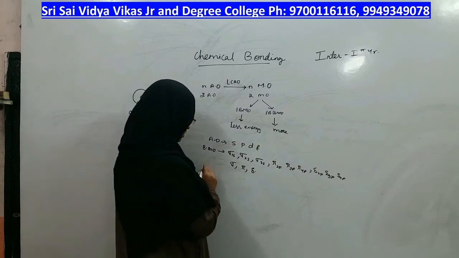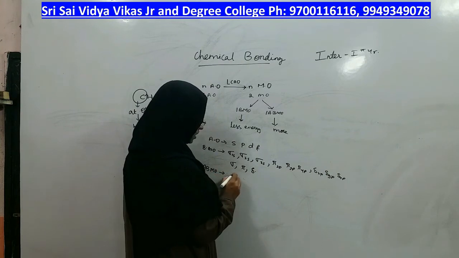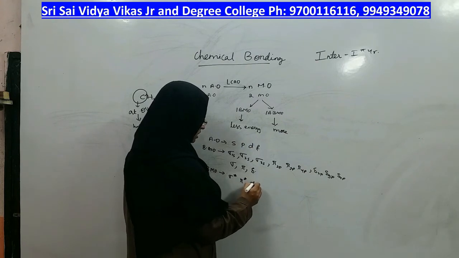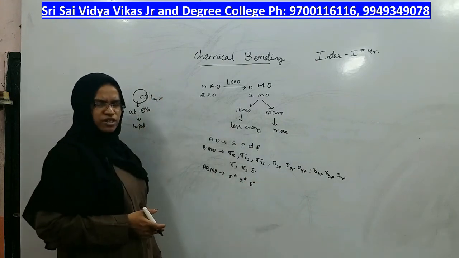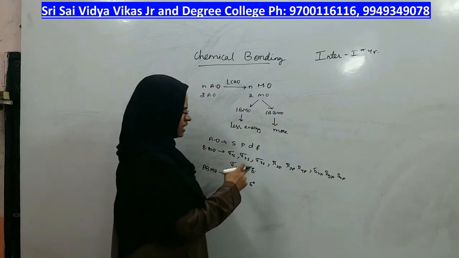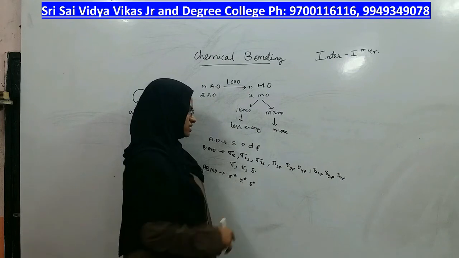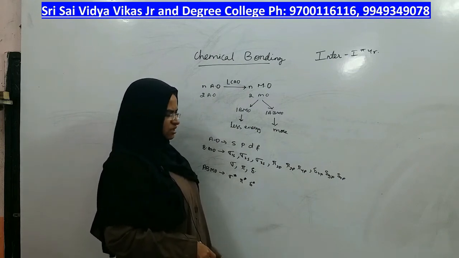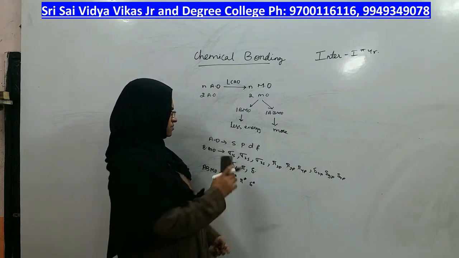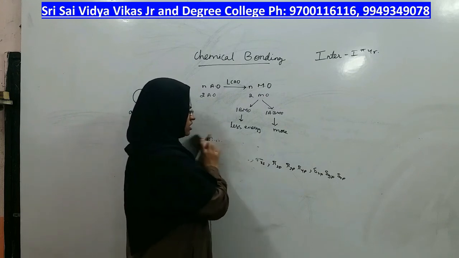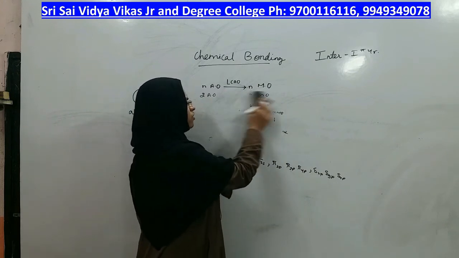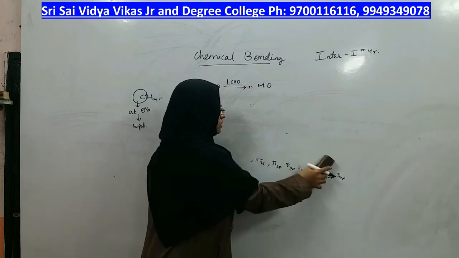If I want to take anti-bonding molecular orbitals, they are the same but higher energy only, so the difference is this only: pi star, sigma star and delta star. In the energy profile diagram, sigma, pi and delta will be lower in energy, and sigma star, pi star and delta star will be higher in energy. Now let us apply those and see the increasing order in the energy profile diagram for the hydrogen molecule.